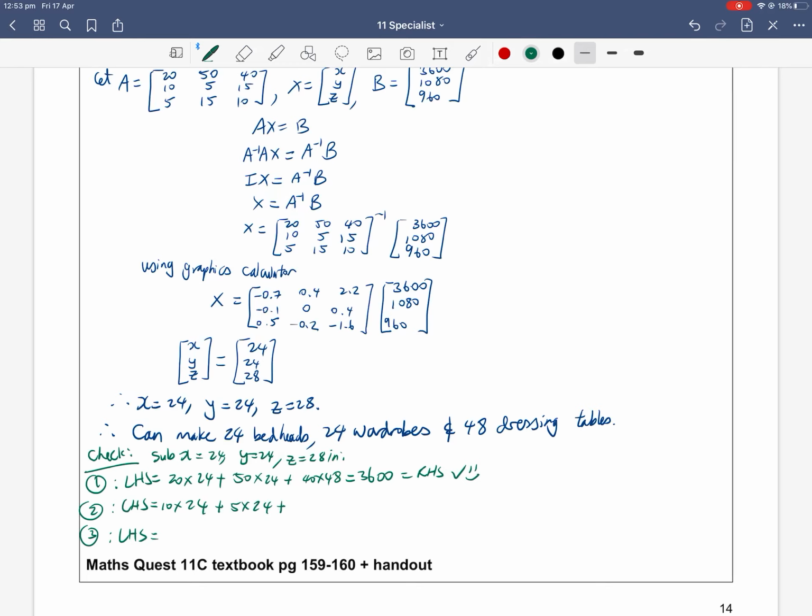Into equation 2. So we have 10 times 24 plus 5 times 24 plus 15 times 28. Yes, it does give us 1080 using a calculator, so we're happy. And lastly, number 3, 5 times 24 plus 15 times 24 plus 10 times 28, which does add up to be 960. So we're happy. So we now know our